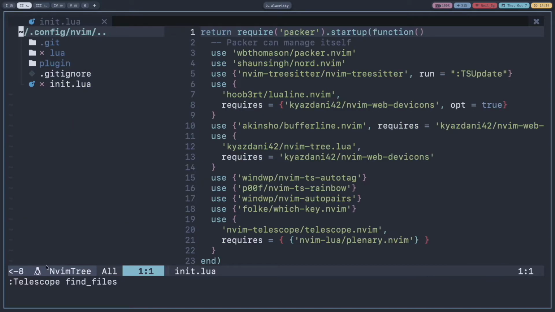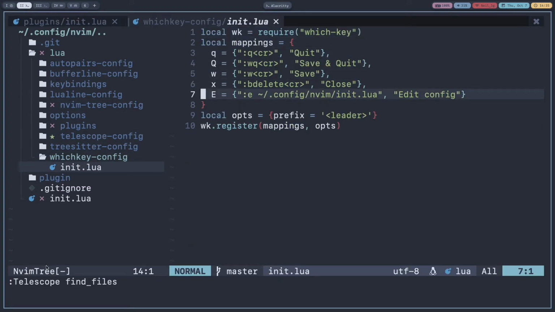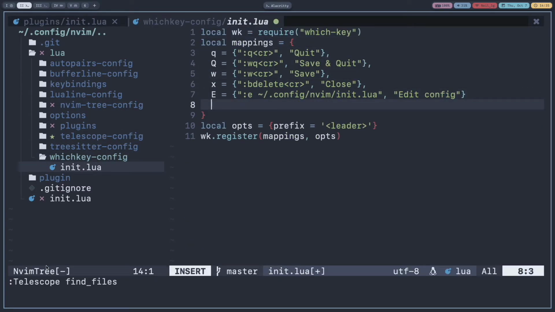So go to your Lua which-key config and then add another mappings part, and we are going to set space leader and F to, in curly brackets and quotes, colon telescope find_files, and then we also want to do character dash return.